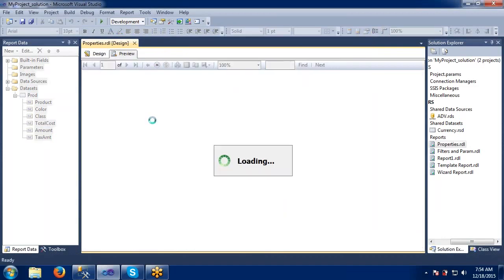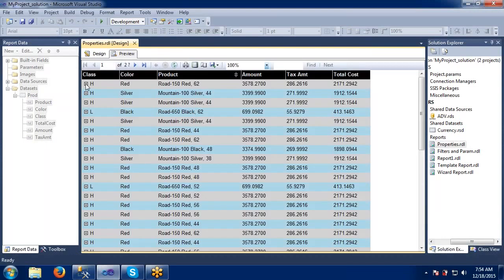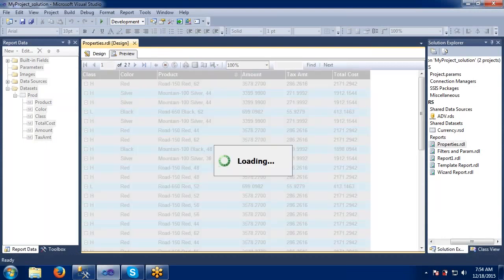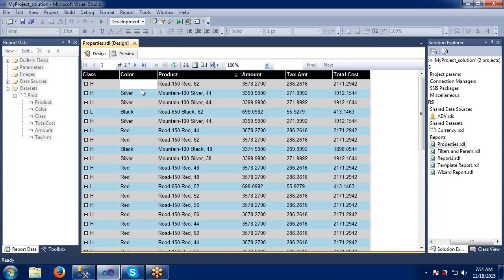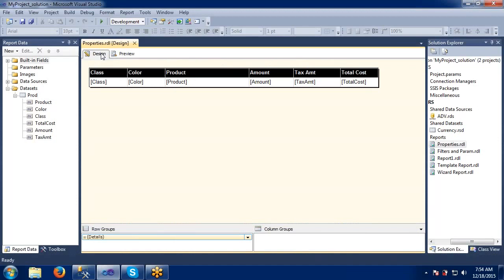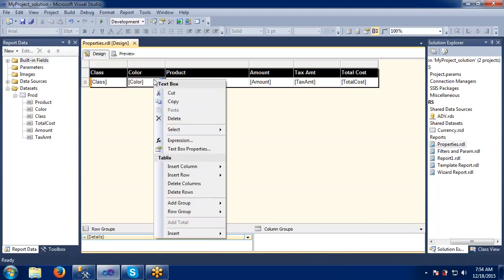Now let's see. If you see this one, it's trying to group on this color actually. So when we expand, it is getting and displaying all the colors which are available on this high class.